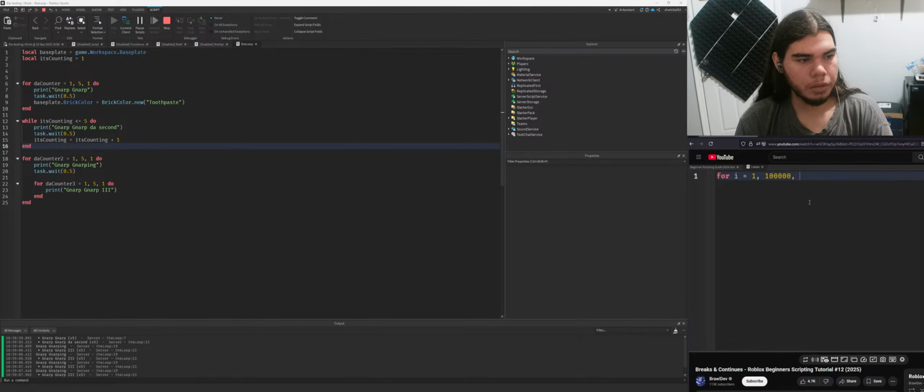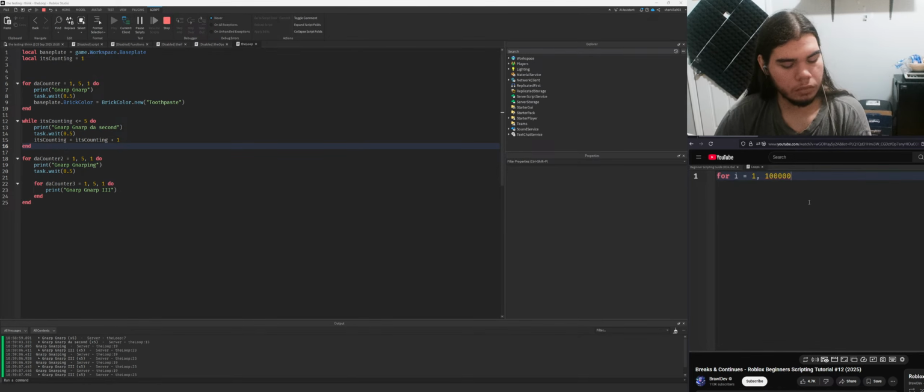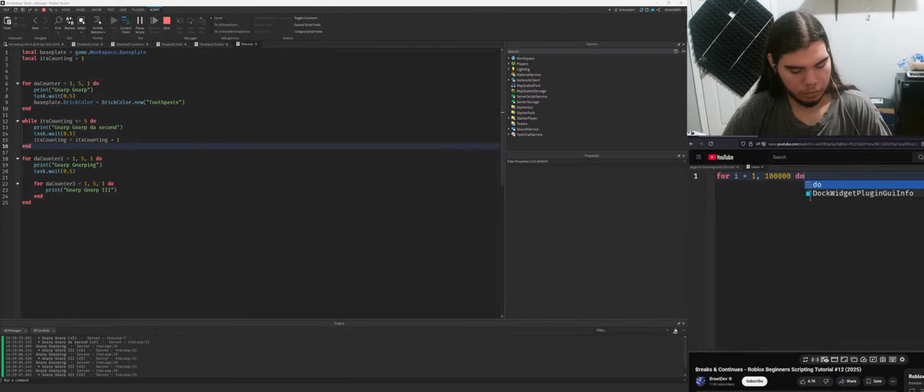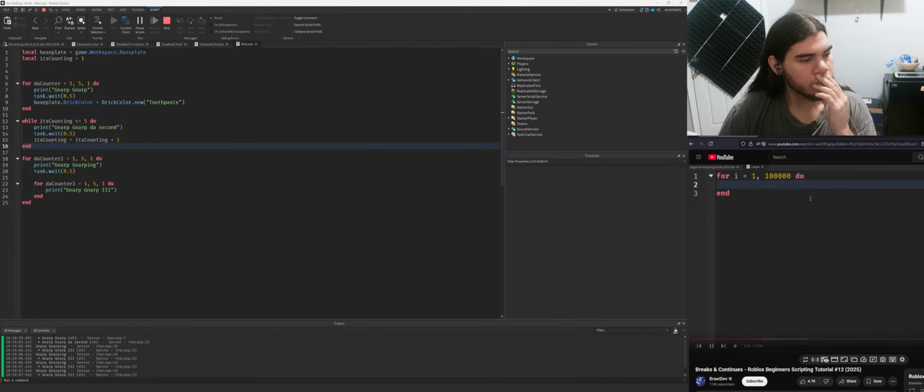Unless you wanted it to be something different like 2 or 3, then yeah, this is the only time you would need to have the incremental value. But in this case, we don't need it. So we're going to say 1, comma 100,000 do, and then we're going to hit enter just like this. Now, if we were to run this,